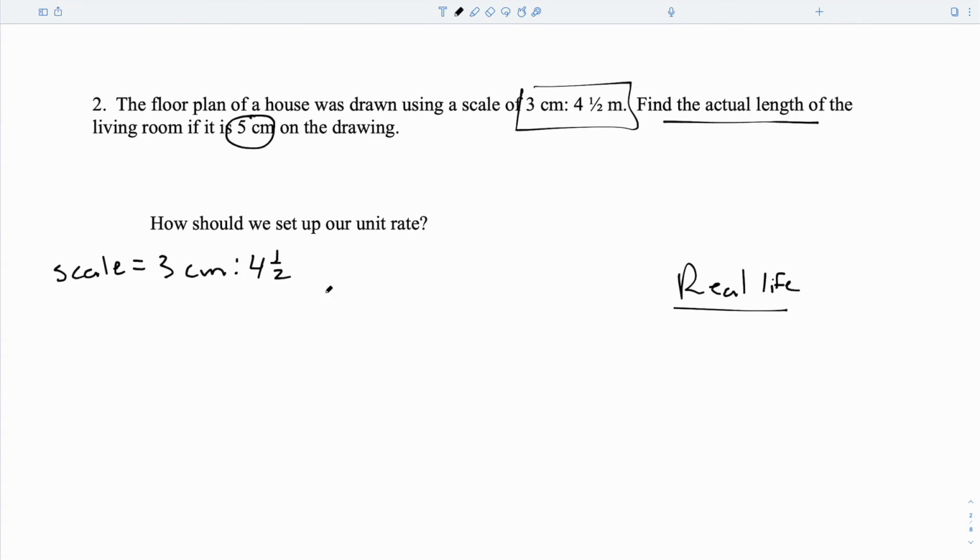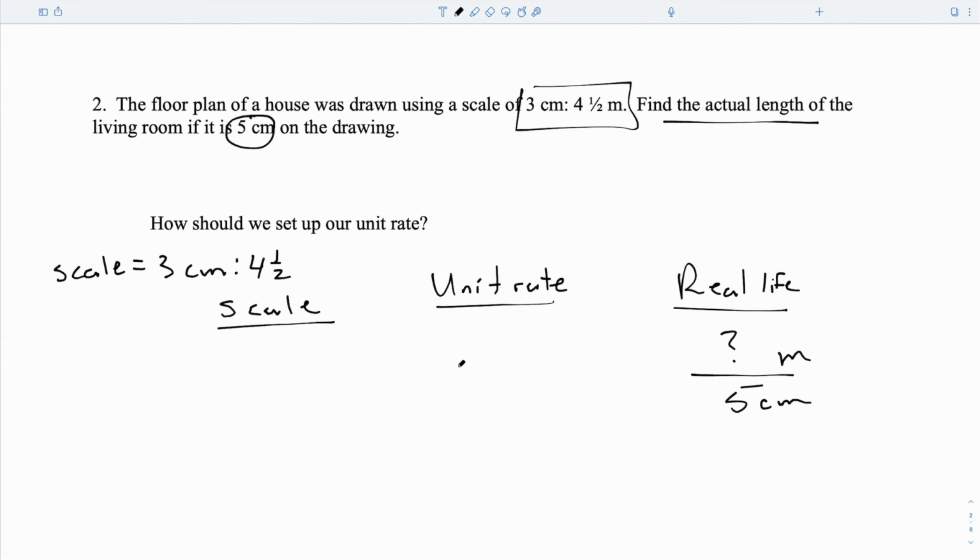And then we're going to have a unit rate this time in between. And we'll still have the scale. So the real life is going to be the actual length, which is in meters. They tell us there's 5 centimeters on the map. We don't know the real life meters yet. They give us the scale, 3 centimeters to 4.5